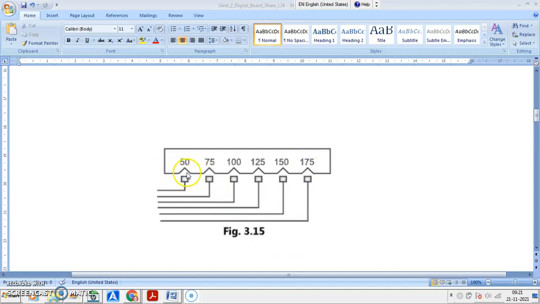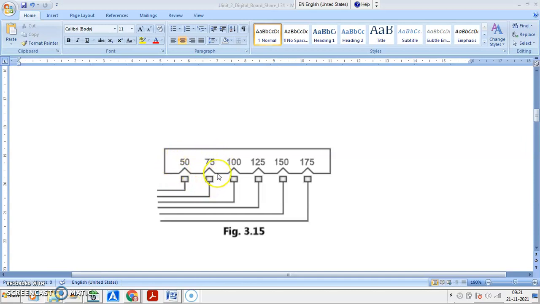Suppose you have set the plug. This is the plug setting. You can put the plug here at 50 ampere. Are you able to see this? So 50 will be selected. You can select any current, so there is a wide range of current selection. Suppose you select a 50 ampere plug setting, then when current exceeds more than 50 ampere, the relay will sense overcurrent and relaying operation will take place.